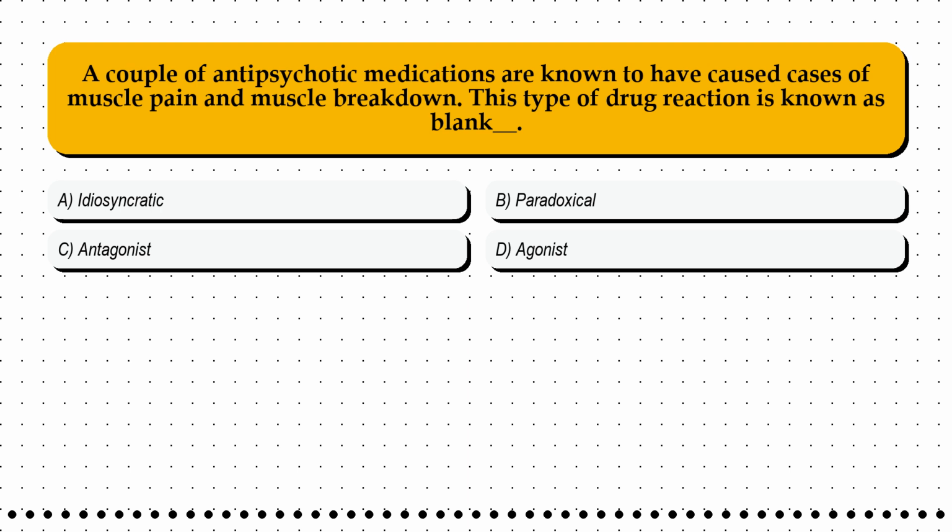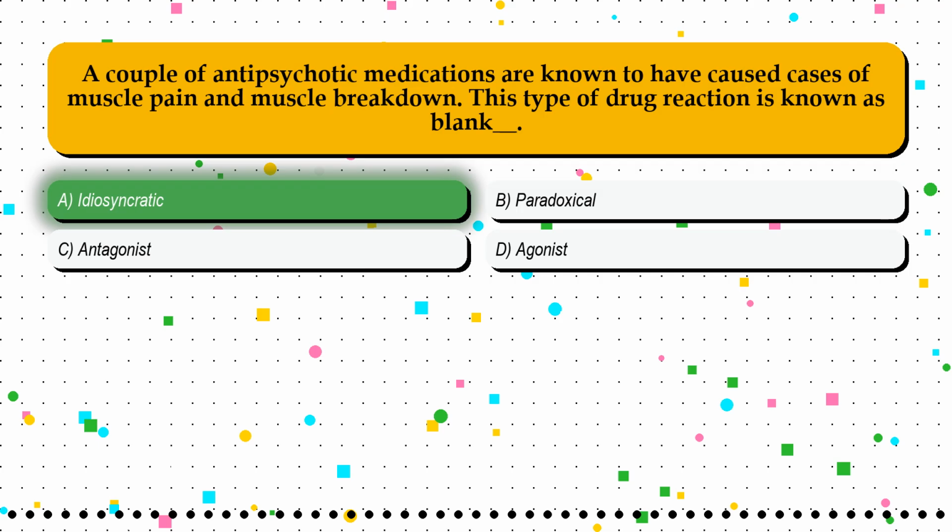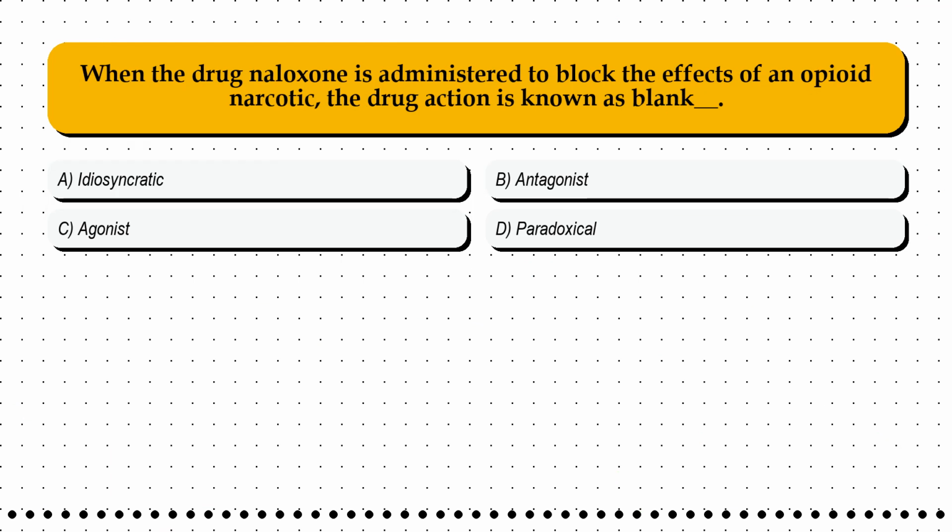This type of drug reaction is known as blank. Option A, idiosyncratic. Option B, paradoxical. Option C, antagonist. Option D, agonist. The correct answer is option A, idiosyncratic. Question 38. When the drug naloxone is administered to block the effects of an opioid narcotic, the drug action